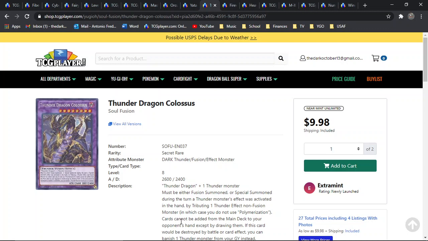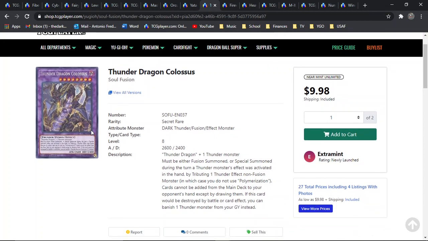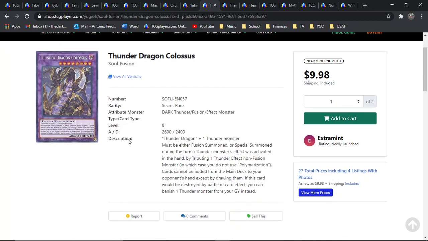There's a relatively large fanboy base of Thunder Dragon players out there. I mean, it's a really good deck. They have really cool artwork, really nice rarities. A lot of them came back in the Prismatic Secret Rares with the tin reprints. And Colossus is just a monstrous card, one of the greatest Fusion Extra Deck monsters that we have to